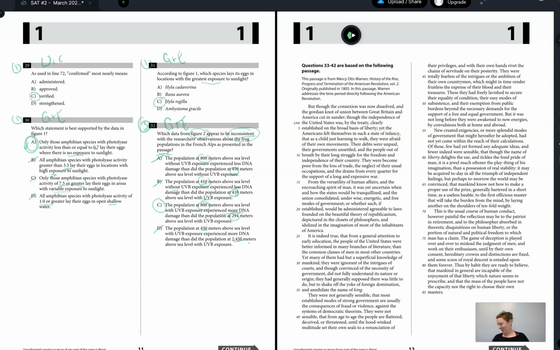All right, guys, it's a new dawn. It's a new passage, but it is the same old strategies. It's also the same passage order. So since we've already done a fiction and a social science and a natural science, we know that this passage